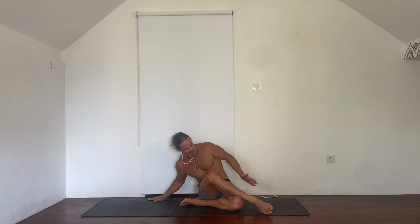And all that time, what I'm also getting is a stretch on the TFL, the tensor fasciae latae, on the bottom leg. You could also twist, do side bend to the other side here. And also rotate to the other side. And then from there, taking the hands back,